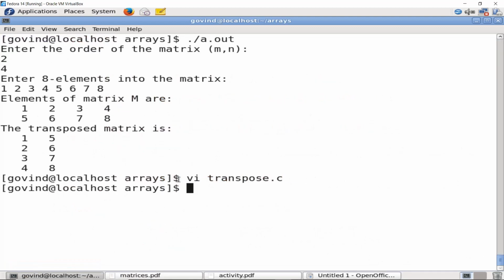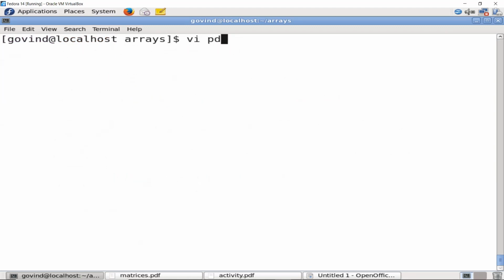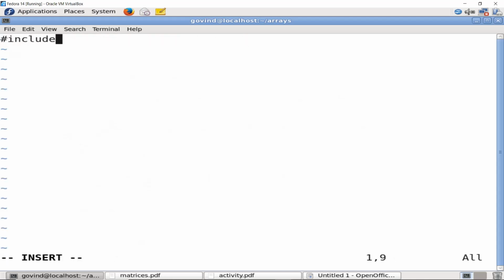So I will now create a program named principal diagonal elements.c, pde.c. As usual, I will include the necessary header files required for this program. I'll use A as a matrix to store the elements of the matrix.